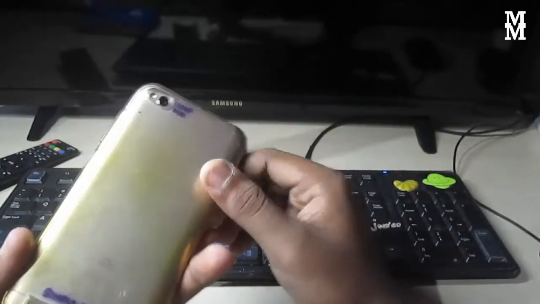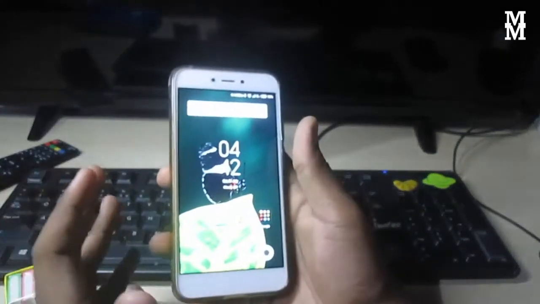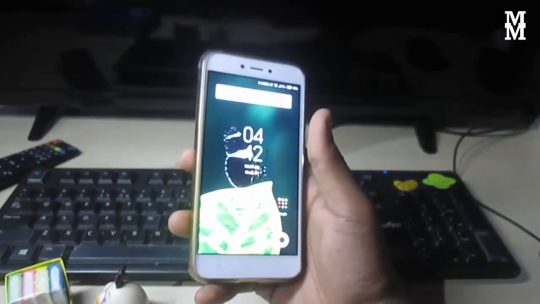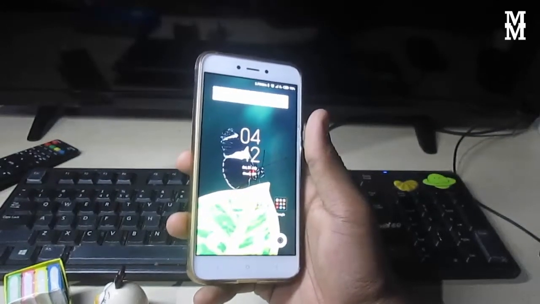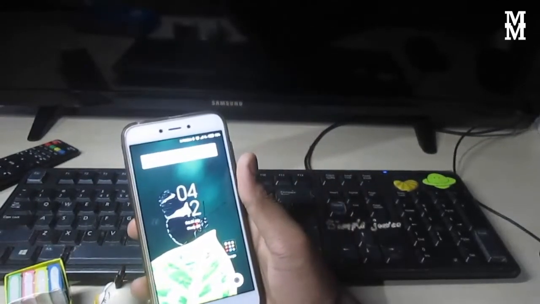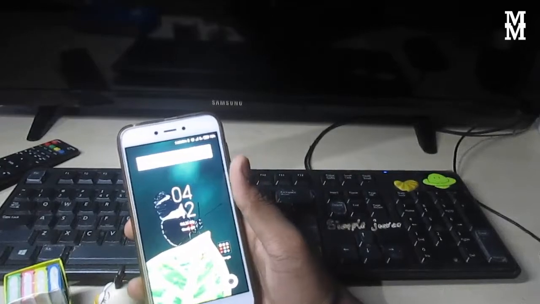So this, as you can see, is a Redmi 5A. It's easy to install without unlocking your device, I mean unlocking the bootloader. Okay, so guys,